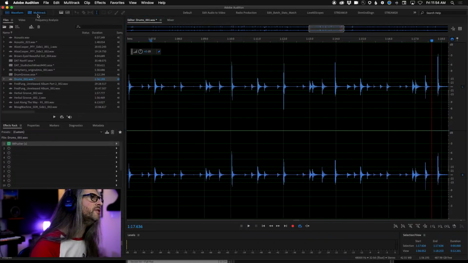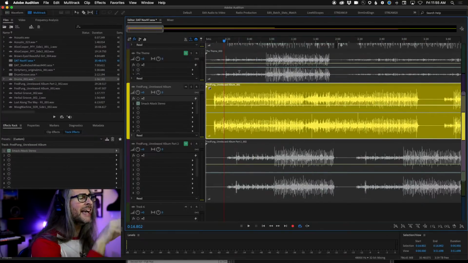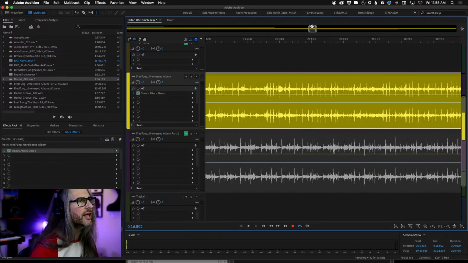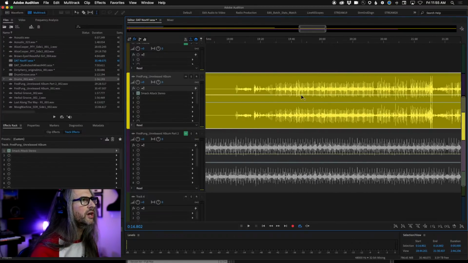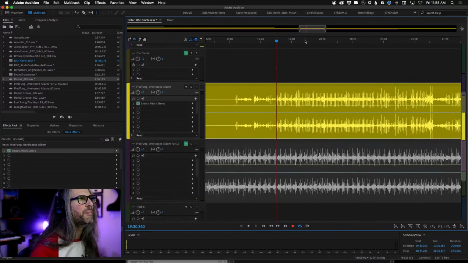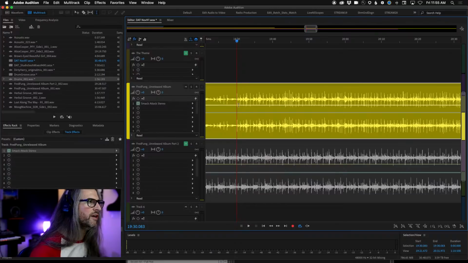Destructive editing. If you want to do things non-destructively, that can all happen here in the multitrack, all right? Now, I'm going to focus on multitrack editing on another day. Today, I'm really focusing on the waveform view. But here, we can do all the same things, but everything is non-destructive. So if I were to come in here,